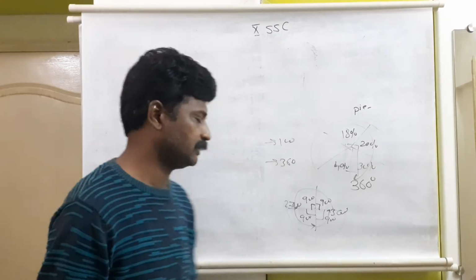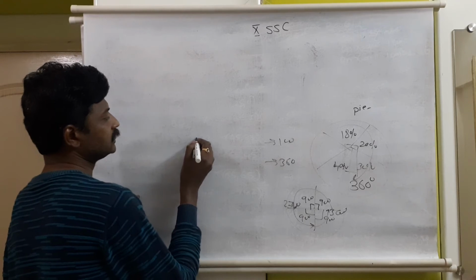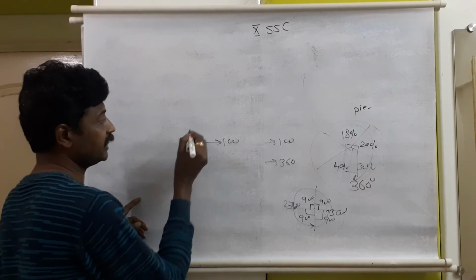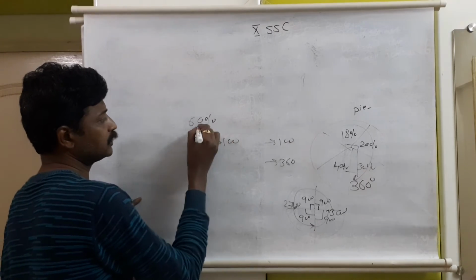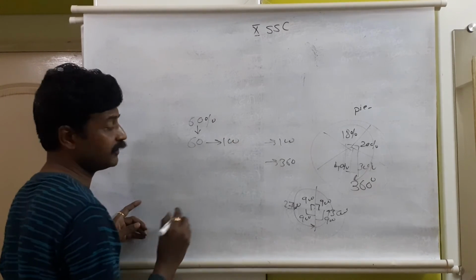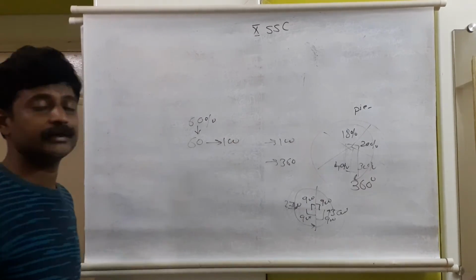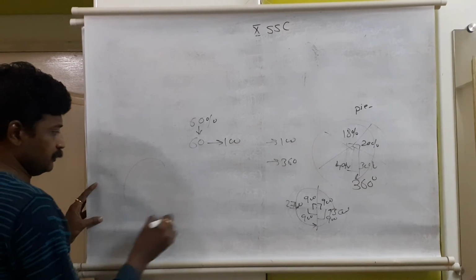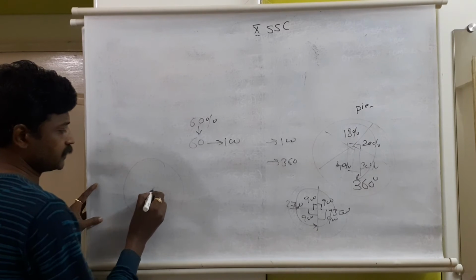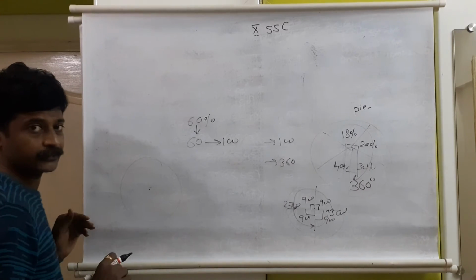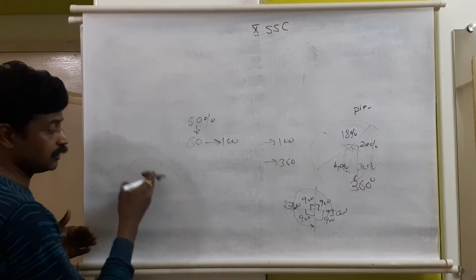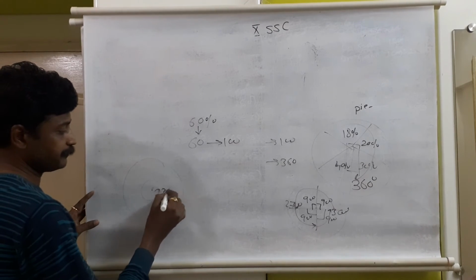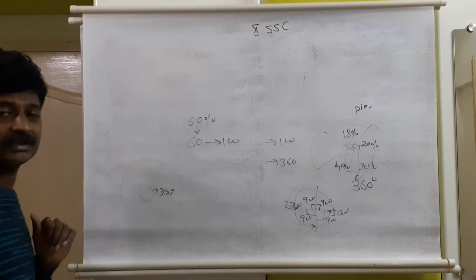For example, one example we'll see. Suppose somebody scores 60% marks. 60% means out of 100. And if we want to convert it into degree, angular measurement, how can it be? Suppose we want to show in this circular region 60%. How can it be considered? Because this is not out of 100, this is out of 360. This is 360 degree. So how can 60% be shown?